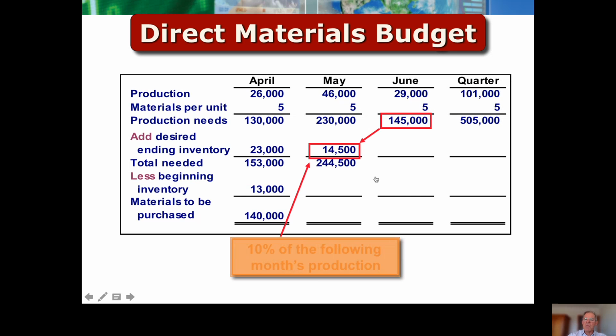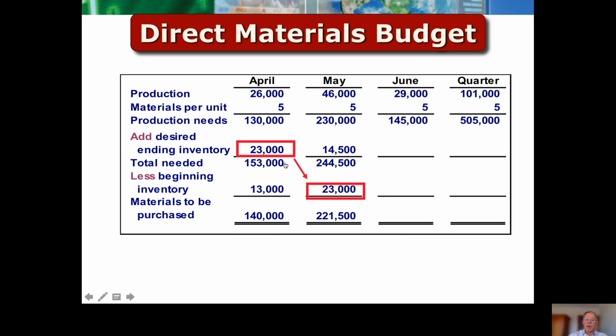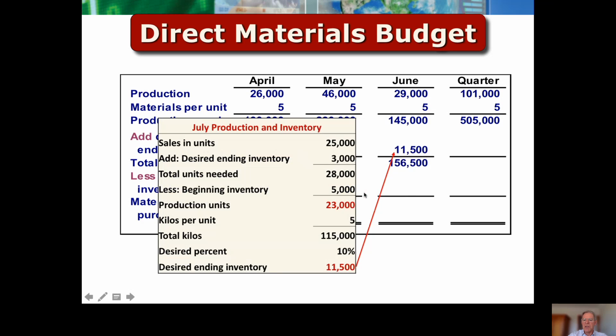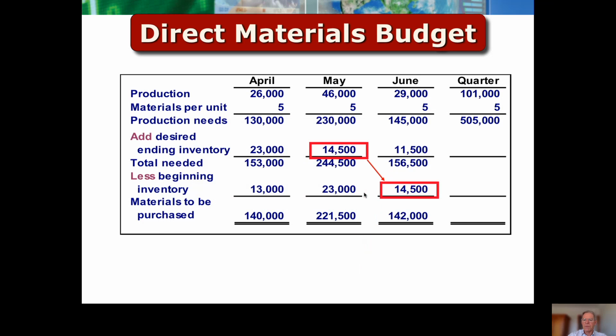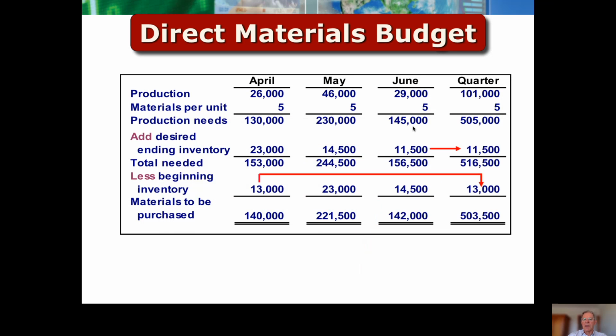Levels. We just do the same sort of thing, keep repeating the process, bringing forward the desired inventory, similar to what you saw us do in sales. Bring forward the ending inventory for April is opening inventory for May. Bring that down and continue the trend. And finally, the desired ending inventory for June is the desired ending inventory for the quarter, and opening stock for April is the opening stock for the quarter, and this should add across to this.